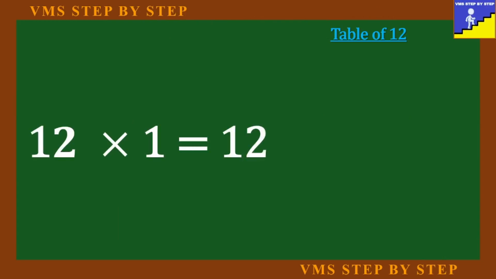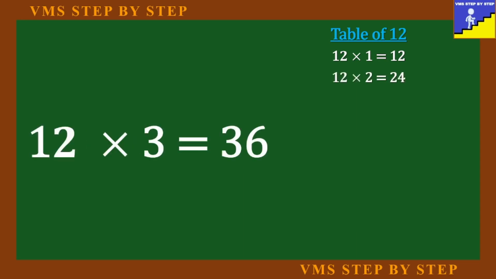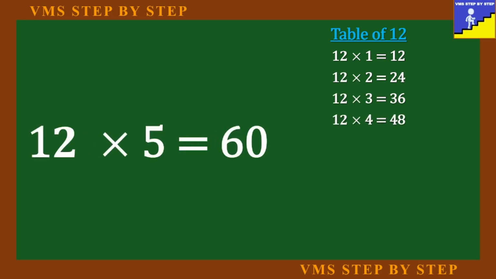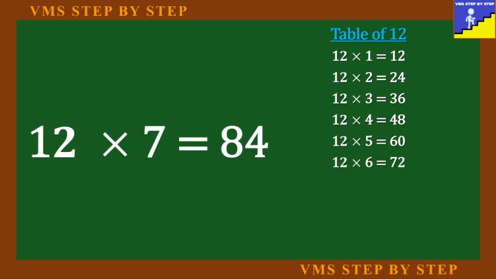टेबल ऑफ 12। 12 1s are 12, 12 2s are 24, 12 3s are 36, 12 4s are 48, 12 5s are 60, 12 6s are 72, 12 7s are 84,